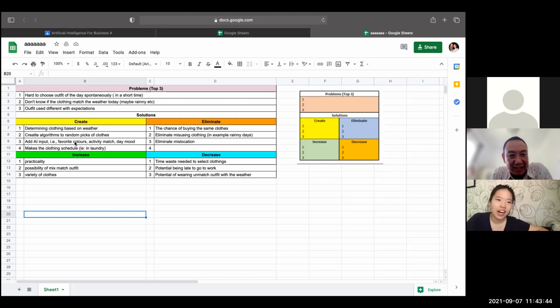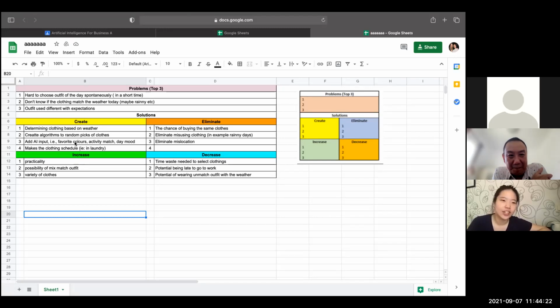Time, and then maybe it's gonna rain, but we don't know, right? For the estimation of the weather, we're just gonna choose anything, but after that, it's rainy or it's really hot. We use the wrong outfit, and then after that, we can use outfit as our expectation. Sometimes our expectation is I'm gonna use this and it will look good. Turns out we gain weight and it looks bad.